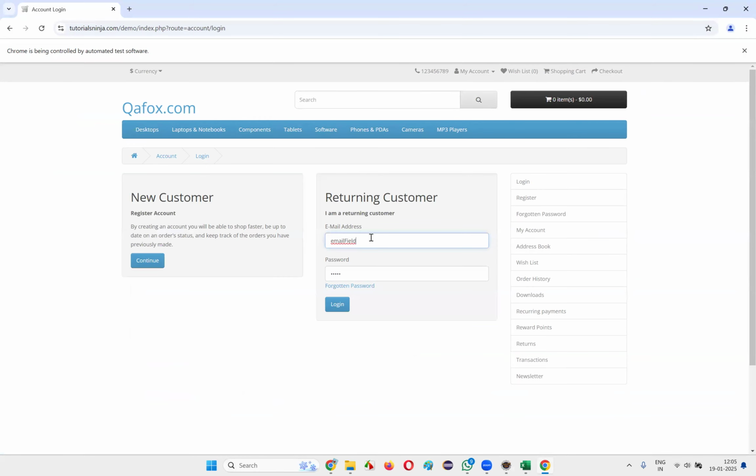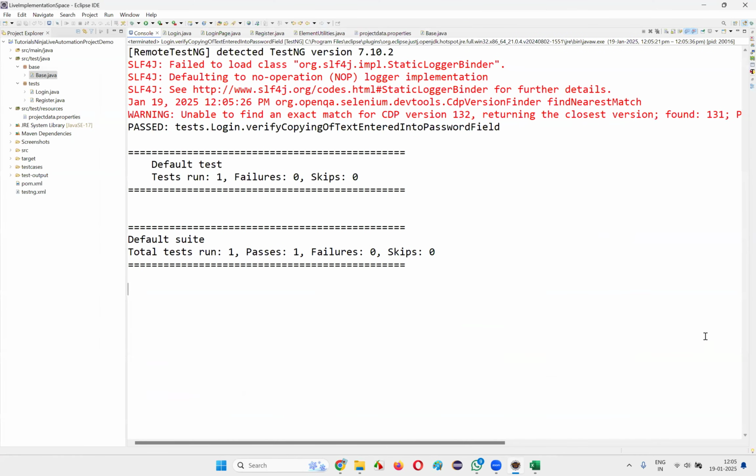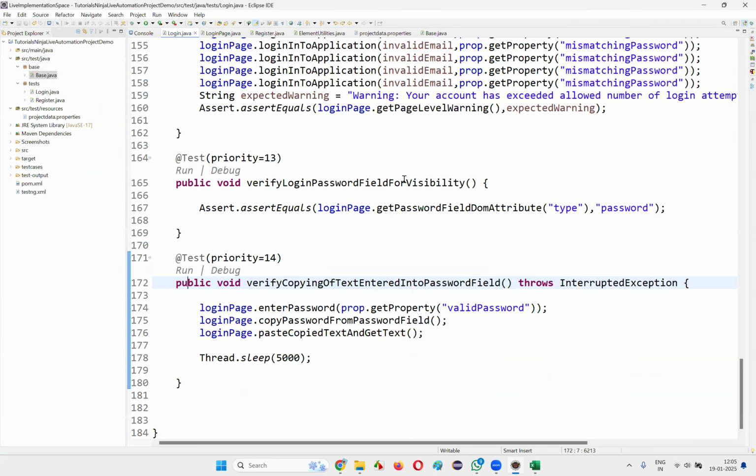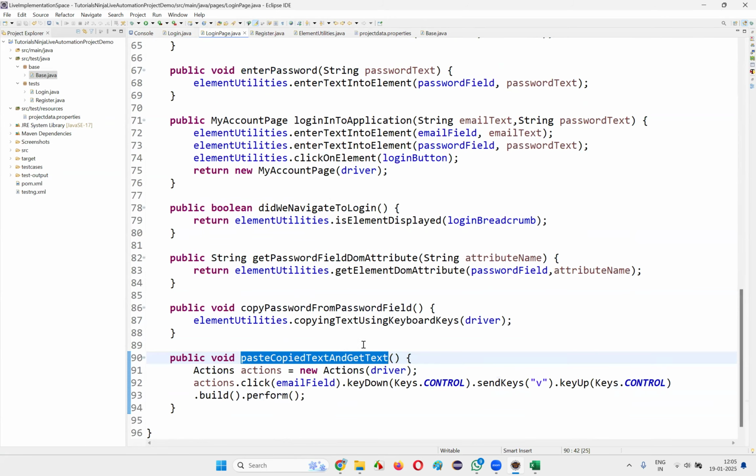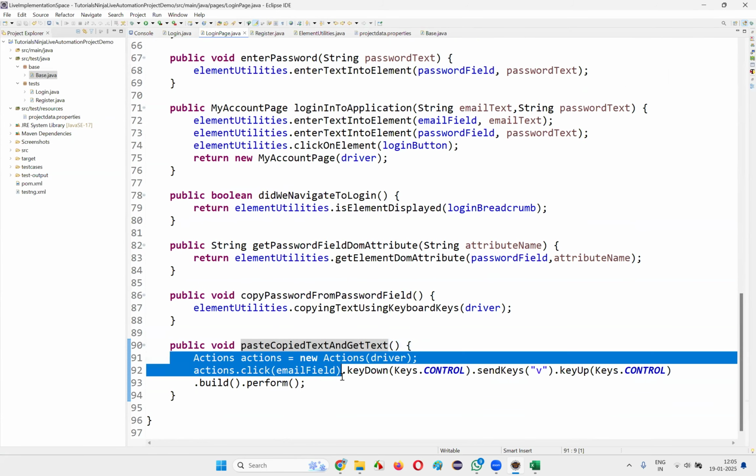What got pasted into the email field, guys? Did 1, 2, 3, 4, 5 get pasted? No, that is working fine. The password security is being maintained here. Okay, but I have to go here and